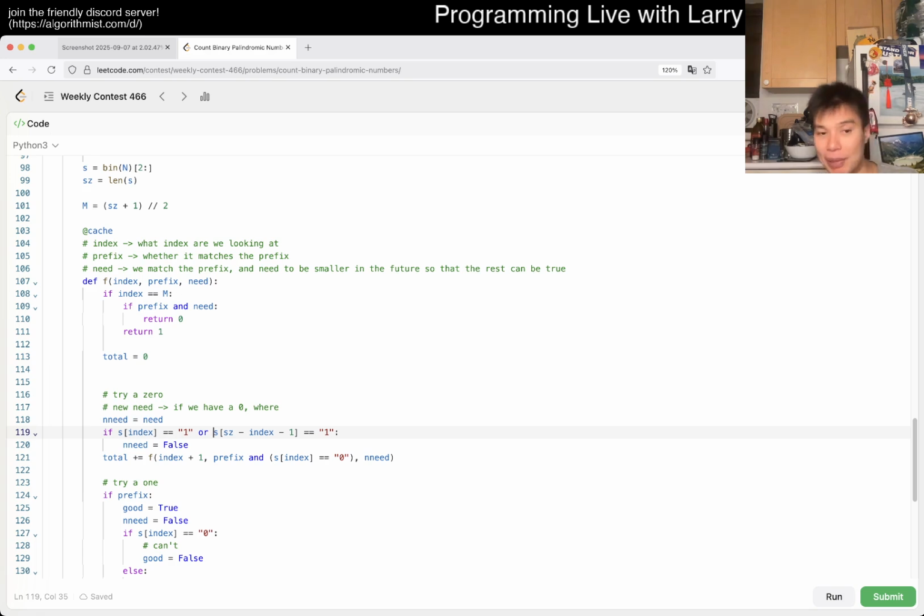I didn't make it explicit, is because when s of index is equal to 1, then the prefix part automatically goes to false, and when the prefix part goes to false, you do the 2 to the L thing. We'll trace through it, but it does the 2 to the L thing, and as a result, we don't look at need again, which is maybe a little bit hacky, but to be more precise, this is